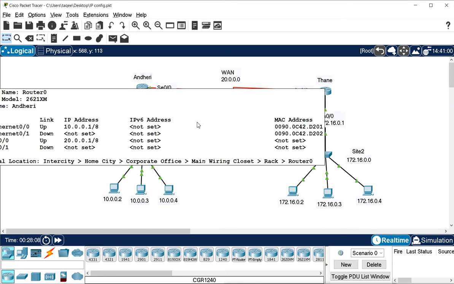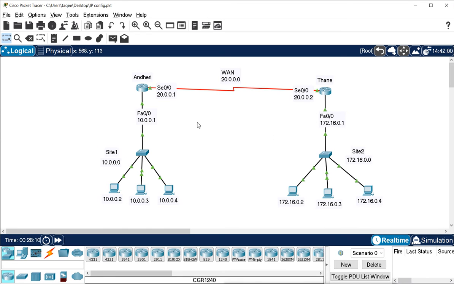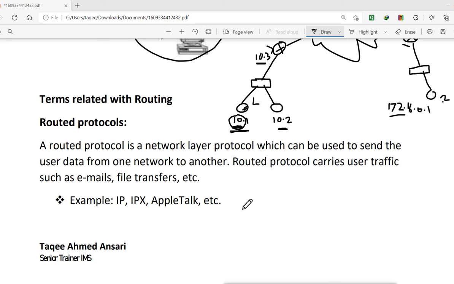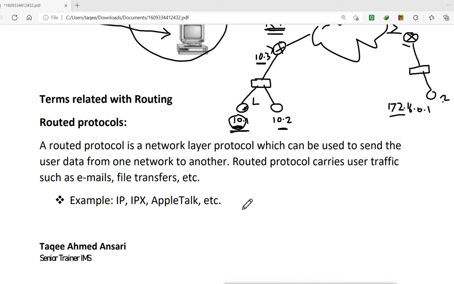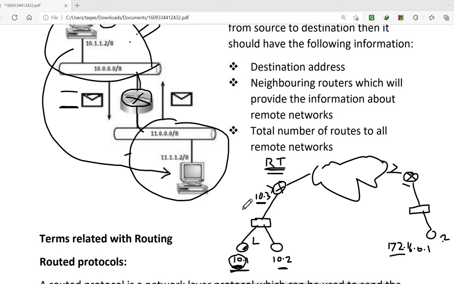So when we talk about IP routing, IP routing is a process to make that routing table. What does IP routing mean? Creating, or building, the routing table of the router and informing the router about all the available networks. When the router knows about all the available networks, then the router can easily forward the packet to those networks. IP routing means, very simply, creating the routing table.